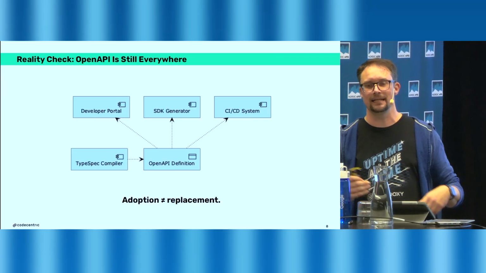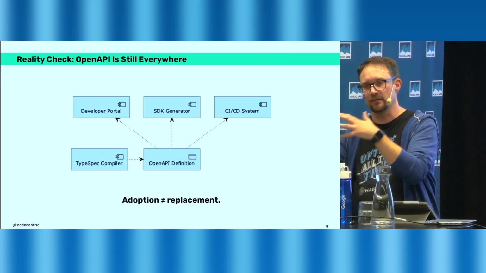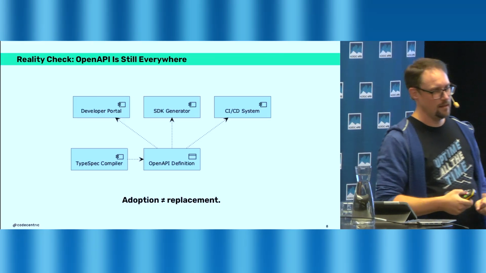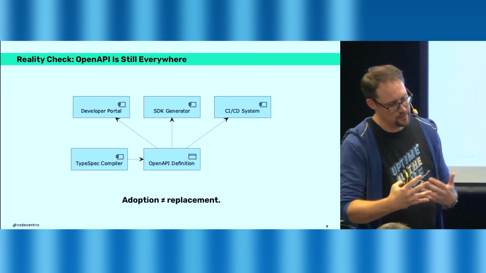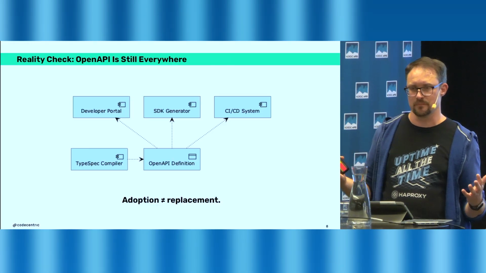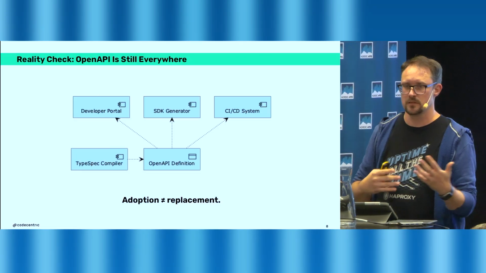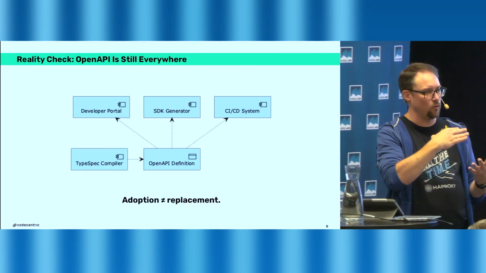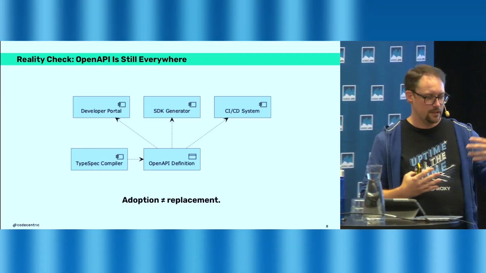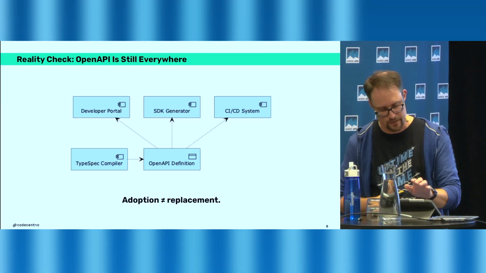This is not the idea of the people actually building TypeSpec at the moment. They want to be in the middle. But they have an adoption problem, because there's tooling available for OpenAPI descriptions. So nobody will replace their tool engines there. You have SDK generators, you have the portals being able to read the OpenAPI definitions, and you can put them into CI/CD systems. So it's just about the adoption way there.